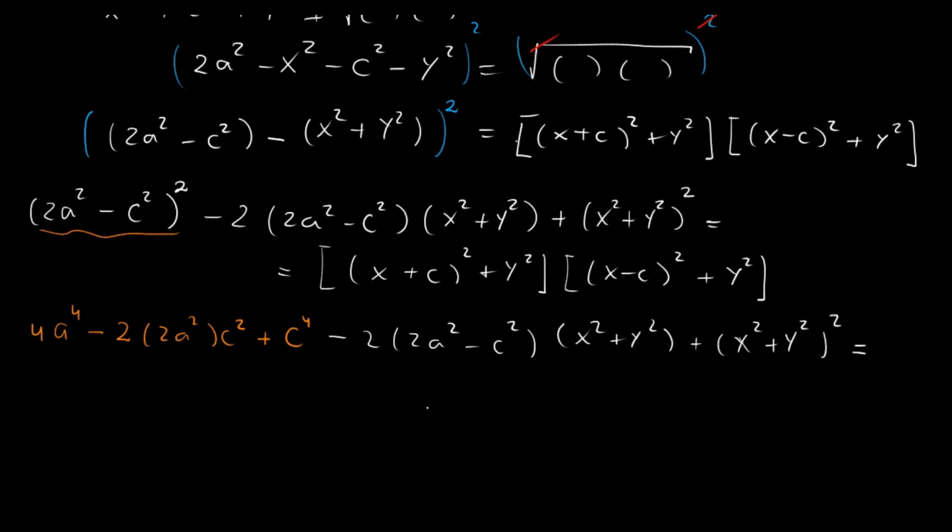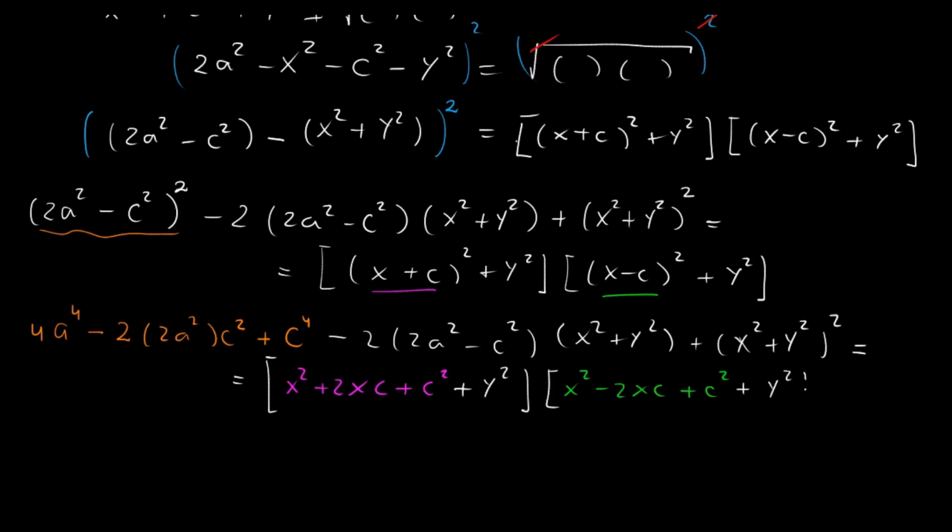And this equals 2. And here I'm gonna work on this expression and then on this other expression. So I'm gonna write this as x squared plus 2xc plus c squared, and this is plus y squared, multiplied by x squared minus 2xc plus c squared